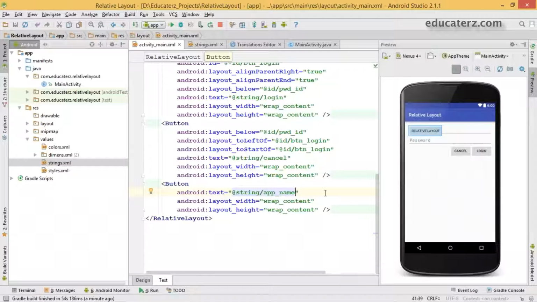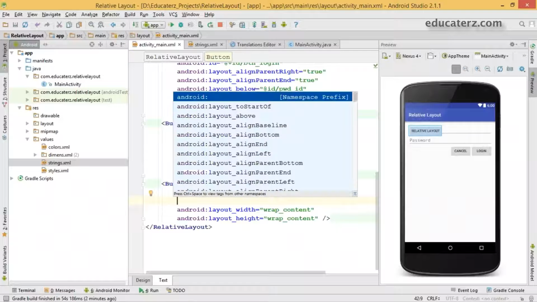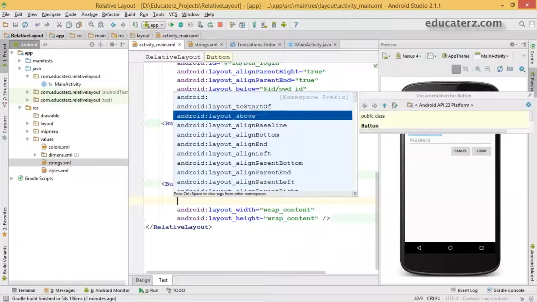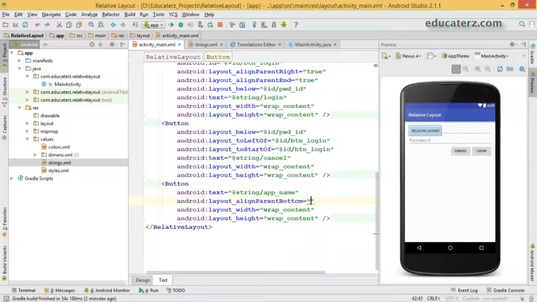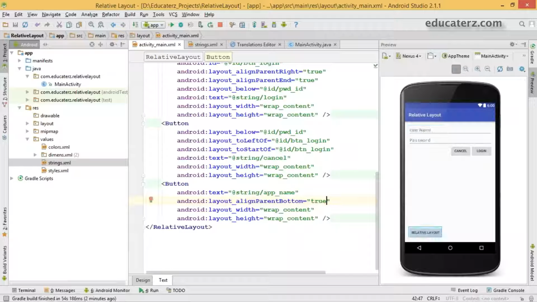Now let's apply some of our parent related attributes. If you don't remember, just simply press Ctrl space and it will give you the annotations or documentation. So align parent bottom, just set it as true. When you set it as true, automatically it will move to the bottom of the screen.